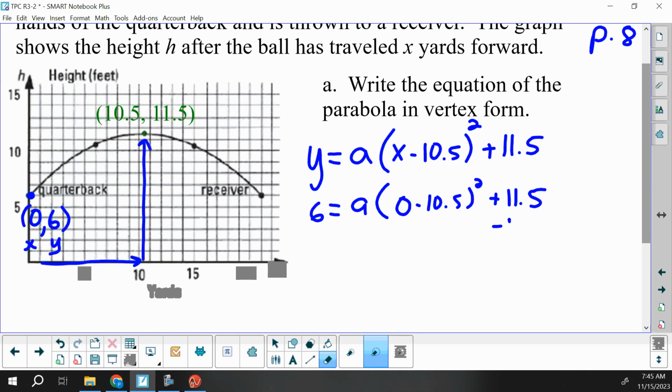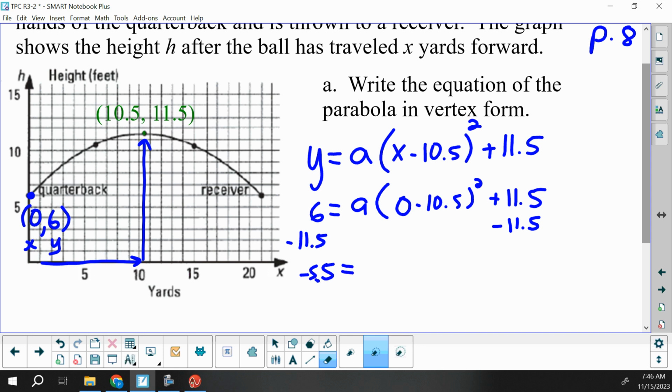Well, let's start by subtracting the 11.5 over. And the reason I suggest to do that first is that number we're going to get from the parentheses needs to multiply the a first and not add to the 11.5. And a common error I will see is people will add that number that we'll get from the parentheses to the 11.5 before multiplying by a. So if we subtract that 11.5 out of there, there's not even the threat of making that mistake. So we'll have negative 5.5